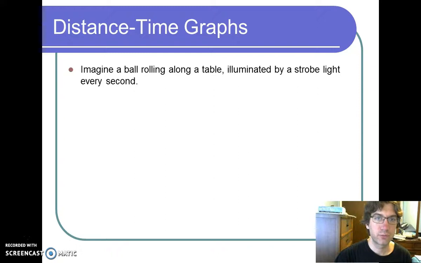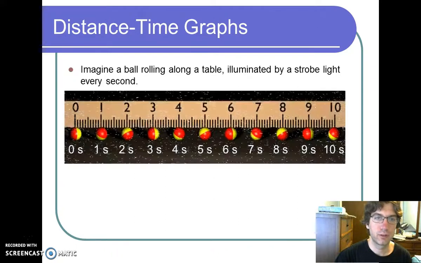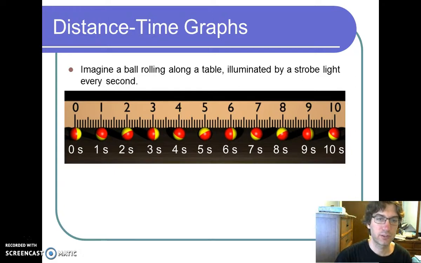All right, so first we're going to imagine a ball rolling around on a table. Here we have an illustration of it. We're flashing a strobe light, if you can imagine that, at every second, so we don't actually see the ball move, we just see it at different positions. So if we're flashing it at every second and the ball is going 1 inch per second here, or sorry, these are actually centimeters, 1 centimeter per second here,